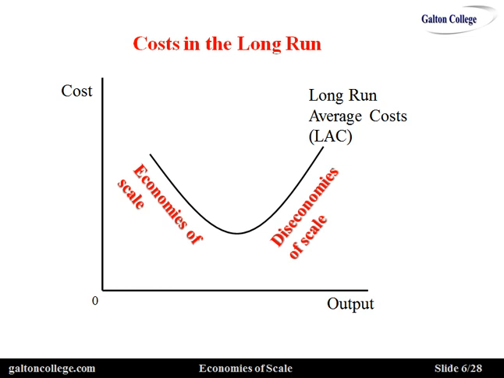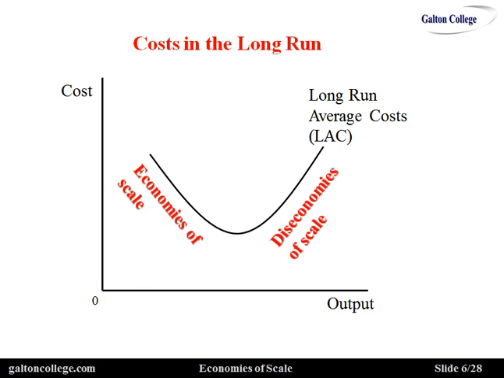Now it's seen, particularly by economists, that this is a fairly typical pattern for businesses. Businesses in the near period of time, over the next perhaps 3 to 5 years, something of that nature, will start to benefit from expansion. They'll get more efficient ways of producing their product. But if they continue to grow, they will become too big, too bureaucratic, too cumbersome, not responsive to customer needs. They will become inefficient producers. They suffer from diseconomies of scale.